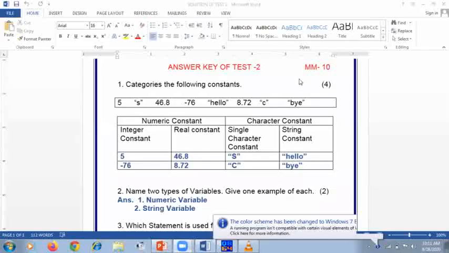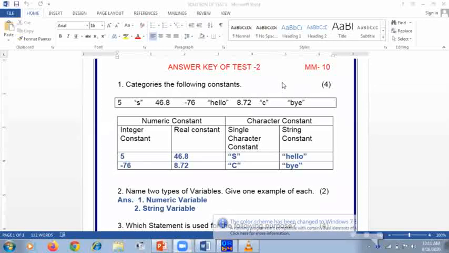So in today's class, we are going to discuss the doubts of your test first, and then we will continue with our topic. Okay. So first of all, I'm going to display the answer key of our test, and then you can ask your queries about that. So here you can see my screen. I had shared my answer key with you, and you can ask your queries in my chat box.